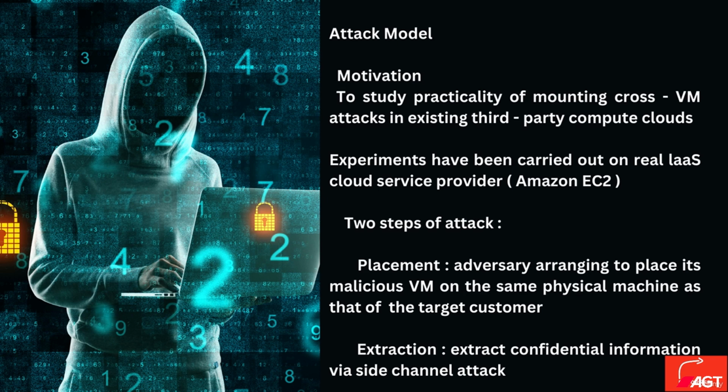Researchers could set up trials utilizing legitimate AWS cloud service providers like Amazon EC2 to evaluate the viability of such attacks. In this concept, the two phases of the attack are placement and extraction. The attacker makes plans to install their malicious VM on the same physical machine as the intended victim during the placement stage. The attacker uses side-channel assaults in the extraction process to try and collect sensitive data from the target